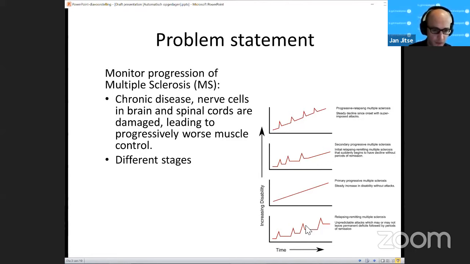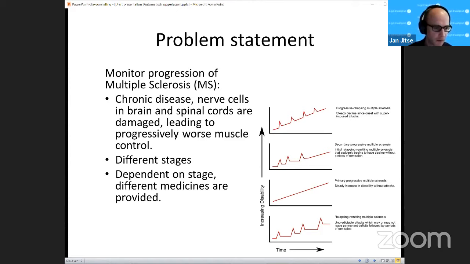There's a primary progressive and relapsing remitting, which is maybe the most famous one of MS. So you have an attack, you go back to mostly the same level, but a little bit worse. And then you have an attack, and you go back to the same. So these are different types of stages, and they can go from one stage to another stage.